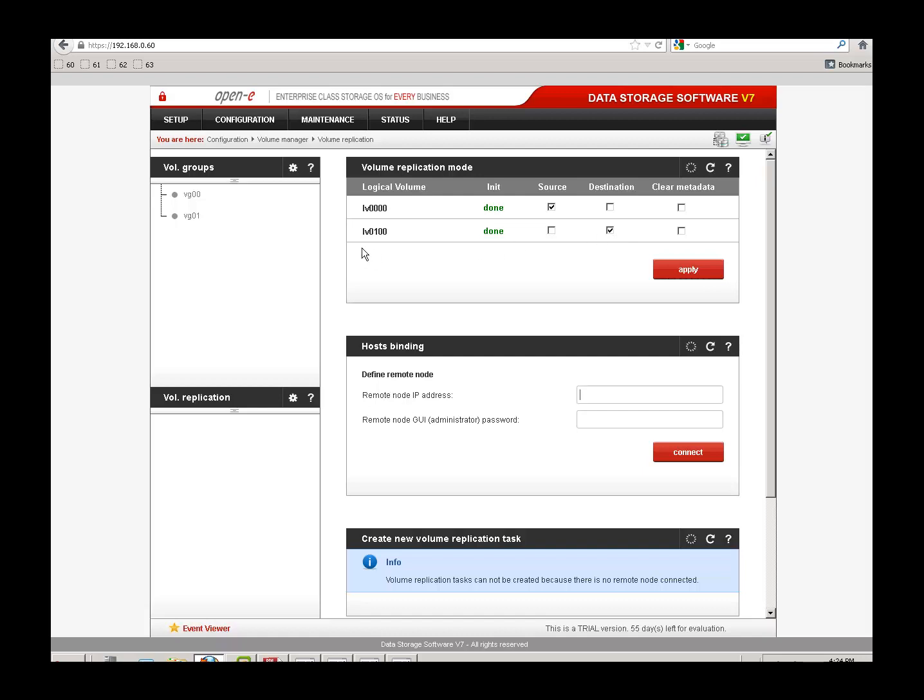Then you can decide which volumes are active on node A on the left side and which are active on the right side. I'm using this terminology node A and node B,